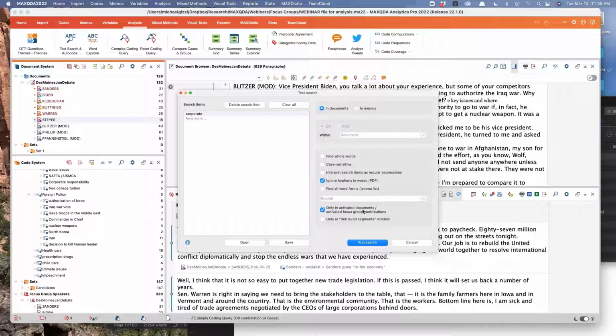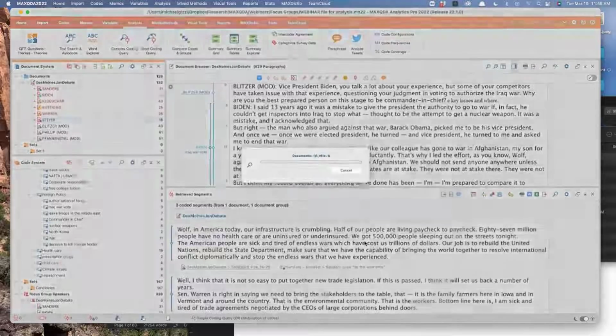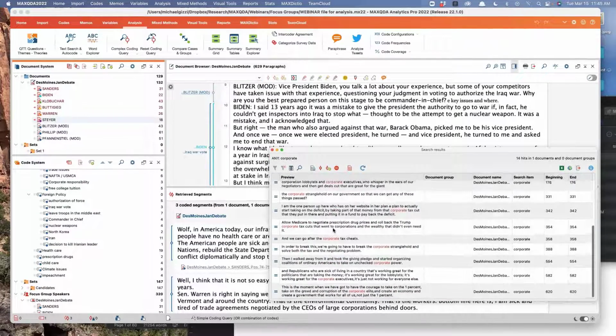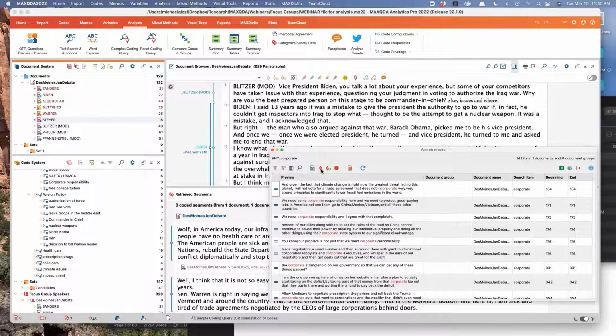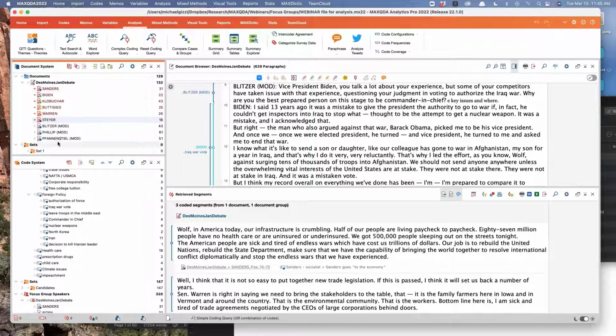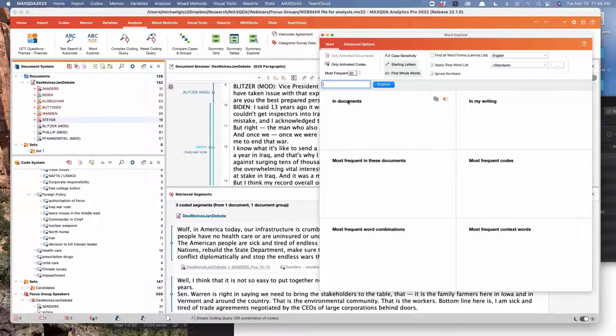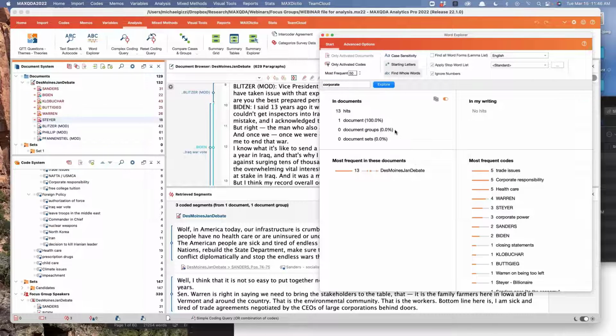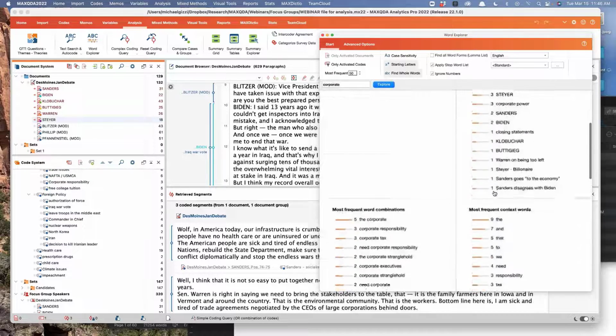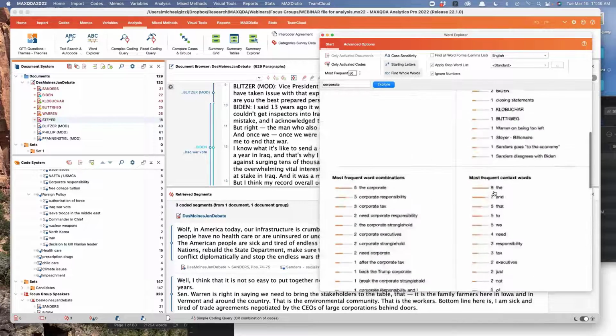now you're going to notice only in activated documents, activated focus group contributions, I can do a search on, say, corporate. I see all of the uses of the word corporate, and I can autocode if I want. I could create a code, so I can search based on my focus group. In that sample project, that would be useful because that sample project had data that wasn't focus group data. Let's try this. I don't think there are any special focus group tools in